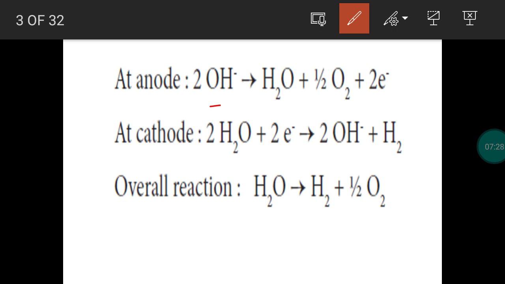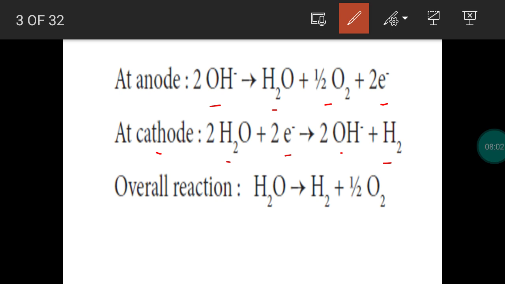So the water molecule will be present in the form of H plus and OH minus. OH minus will be involved in the oxidation process by loss of an electron. Each OH minus is losing an electron so that we get oxygen gas along with H2O formation. Then a water molecule is gaining an electron. It liberates hydrogen gas with the formation of a hydroxide ion. So at the cathode, gain of an electron takes place by the water molecule. It is a reduction process.